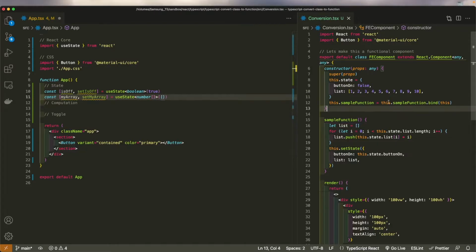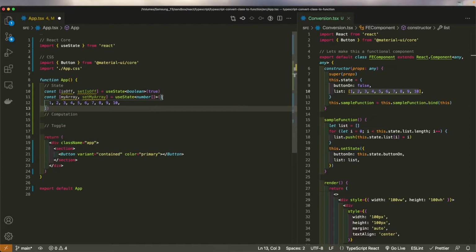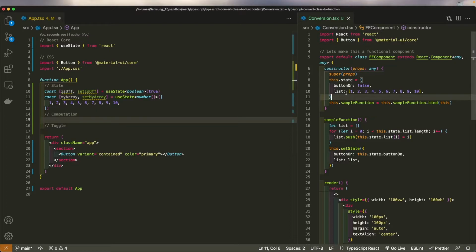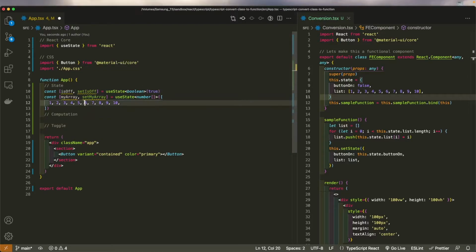Okay, so let's go ahead and copy 1 to 10 from this array here in the state. Here, they are hard coding the number elements into the array, and I'm doing the same thing in this useState hook. But really,